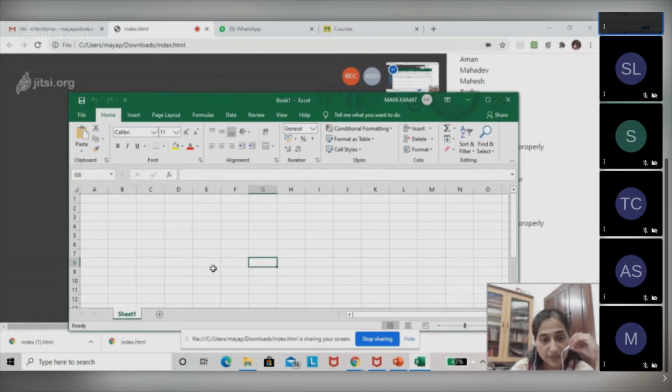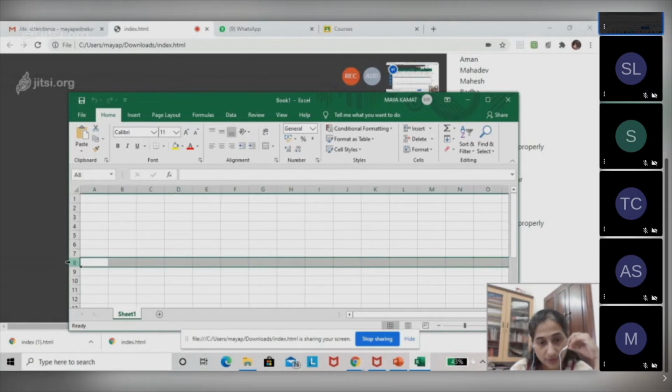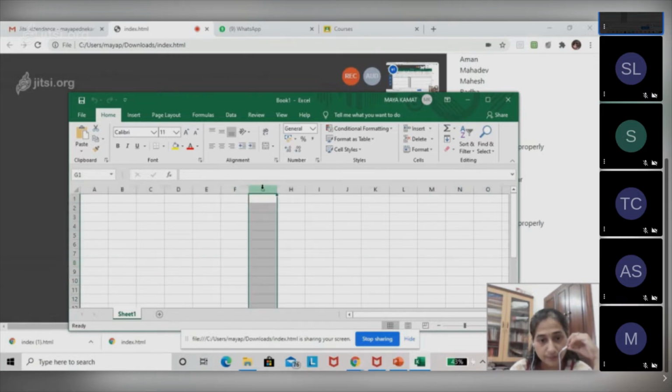Clear? So a cell is nothing but the intersection of a row with a column. Where the row and the column meet, what you get is the cell. Clear with this? What is the cell? Yes.